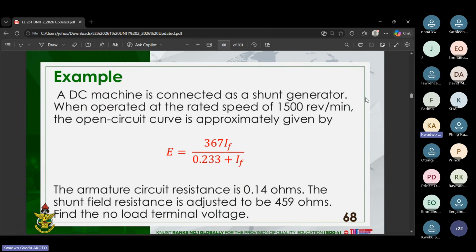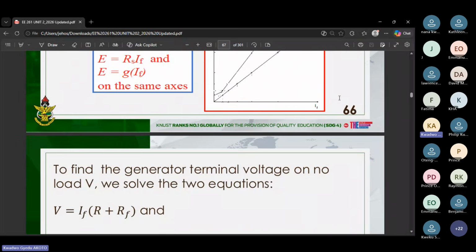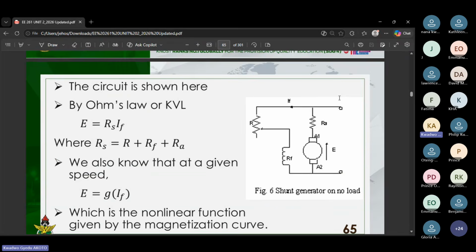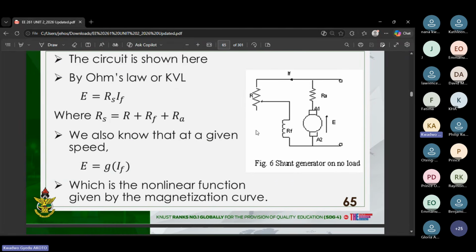Okay. So for example one, this is a fairly easy example, right? We know that on no load, E is equal to,